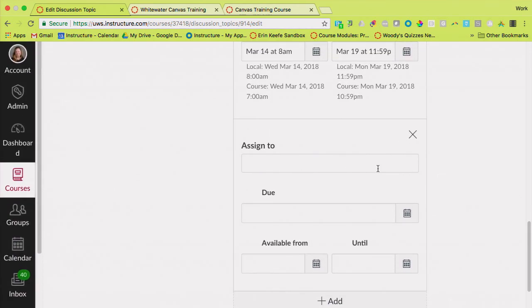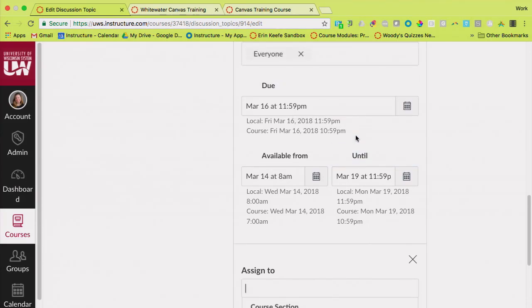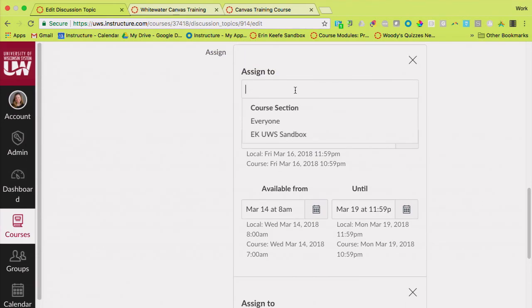It also works that if the only person I assigned it to was Erin, she is the only person who would see it. So we can use it for differentiated due dates, but you can also use it for differentiation. So if you've got certain things in your course that you only need some students to see, then you would just take away everyone and type their names in there, and they're the only people who would see it. For everyone else, it gets excluded from the grade book.